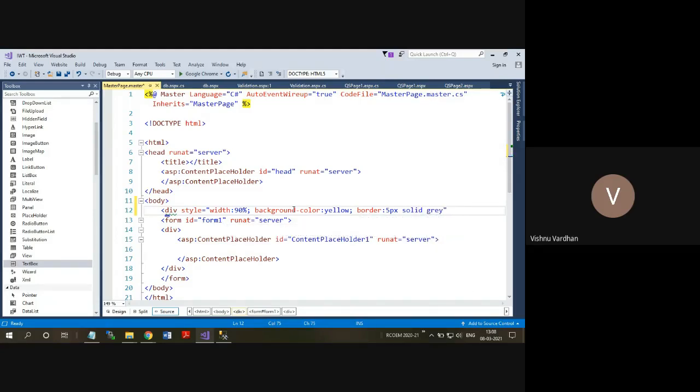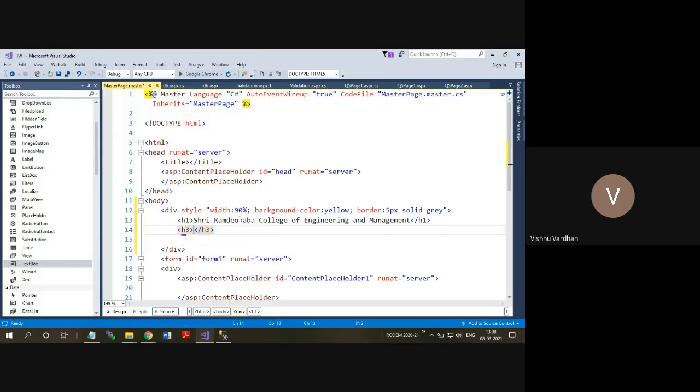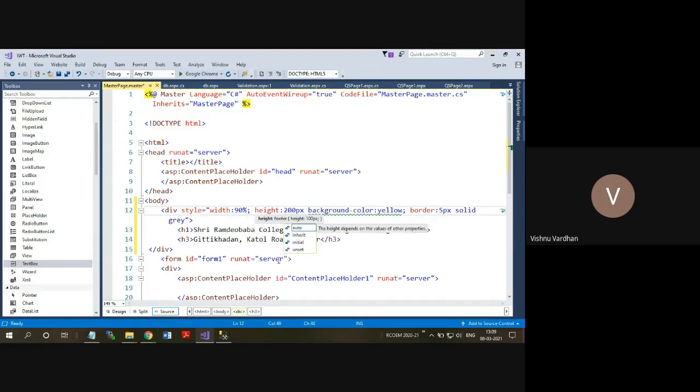This division I have created should have some headers: your organization name, for example Shri Ramdeobaba College of Engineering and Management. In the second part, you can add an address like Katol Road, Nagpur. This is what I want to create as part of my interface, and the height can also be given, maybe 200 pixels.